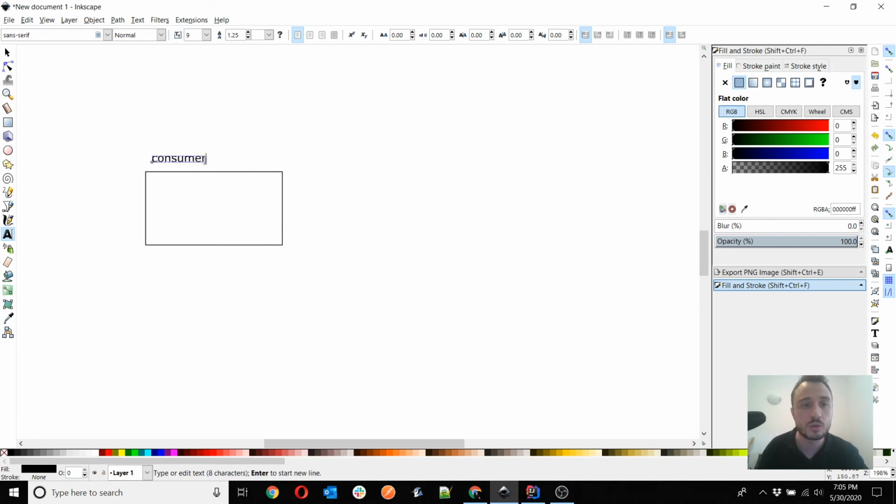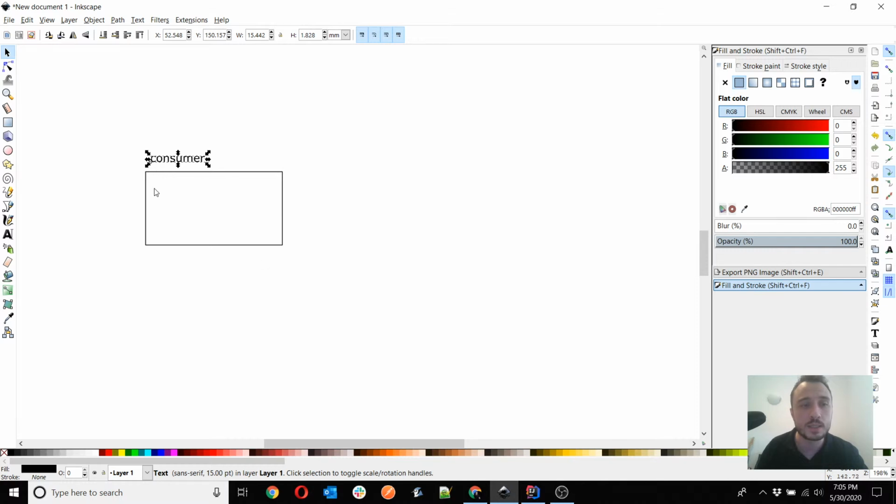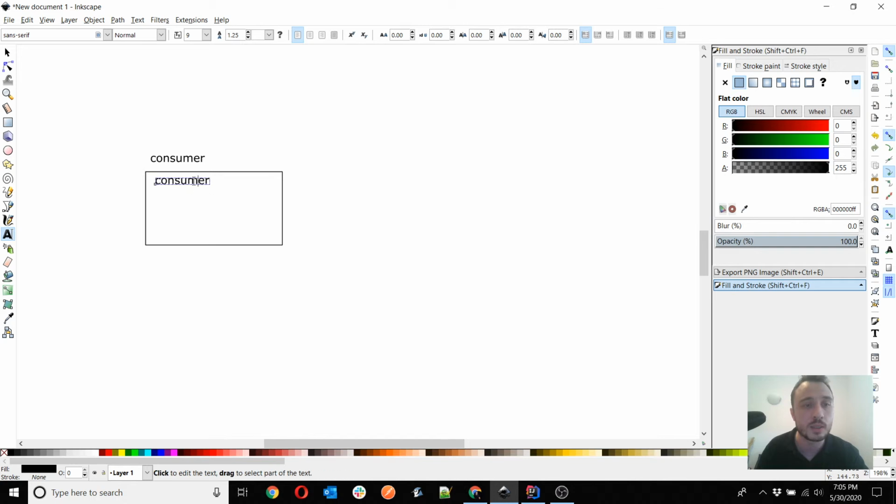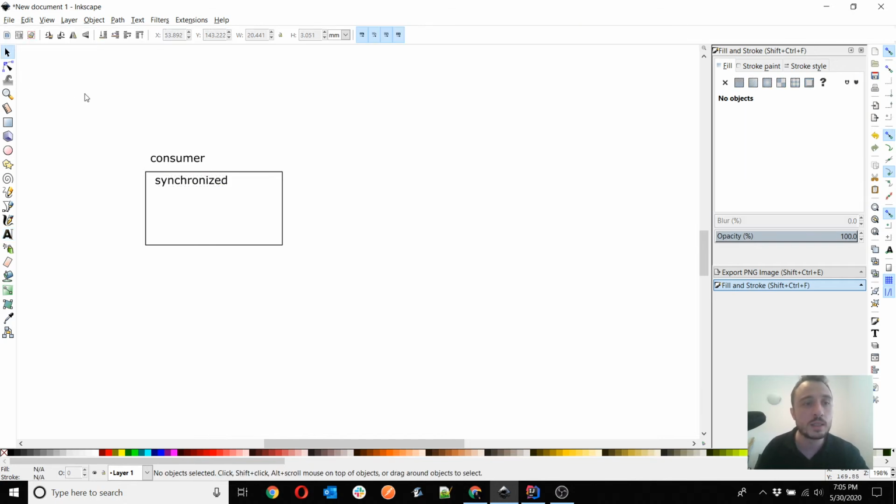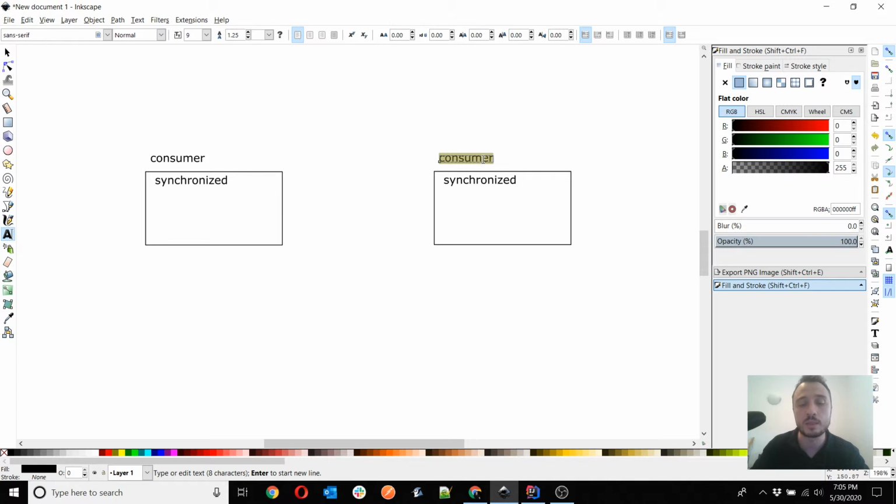So this is the consumer itself, and the block is the synchronized block of the consumer. I might want to actually write "synchronized" here to make sure. Okay, so in our application we have two synchronized blocks: one is the synchronized block of the consumer and the other is the synchronized block of the producer.